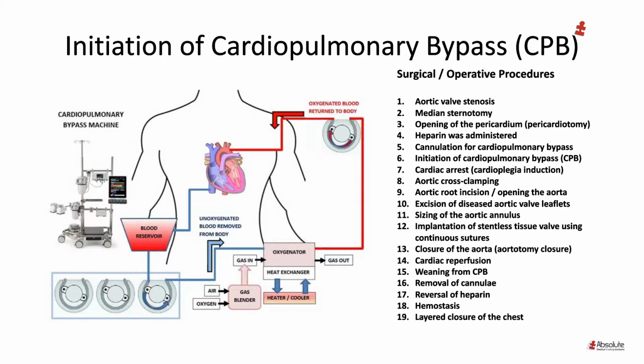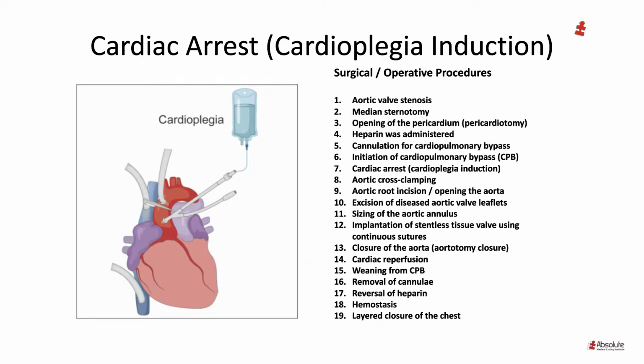And basically, this machine is taking over the work of the heart and the lungs. They're taking over everything so that the surgeon can operate on a still and bloodless heart. Yes. You know you don't need a heart beating while you're having surgery. That would be reckless, right? That doctor needs the steadiest heart so they can operate with precision. So the machine is now doing the work. All right. So cardiopulmonary bypass, we're not in this case coding for it.